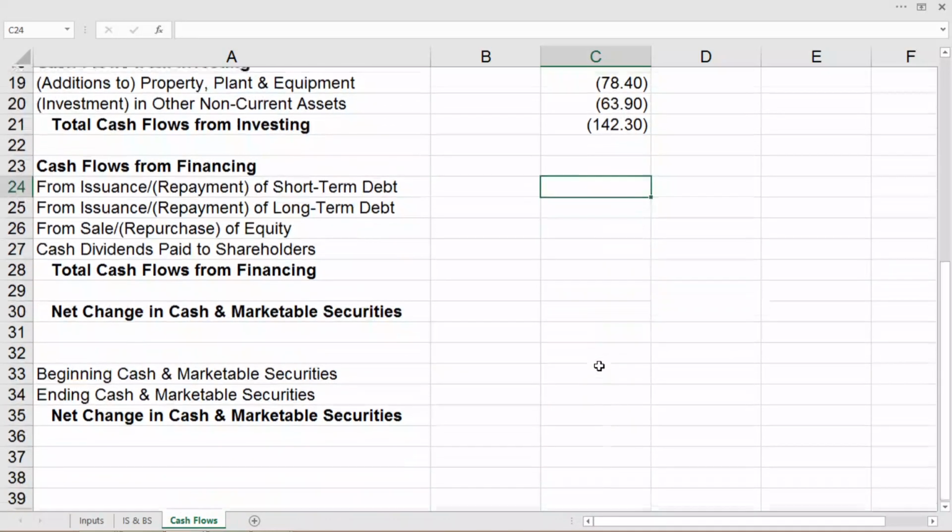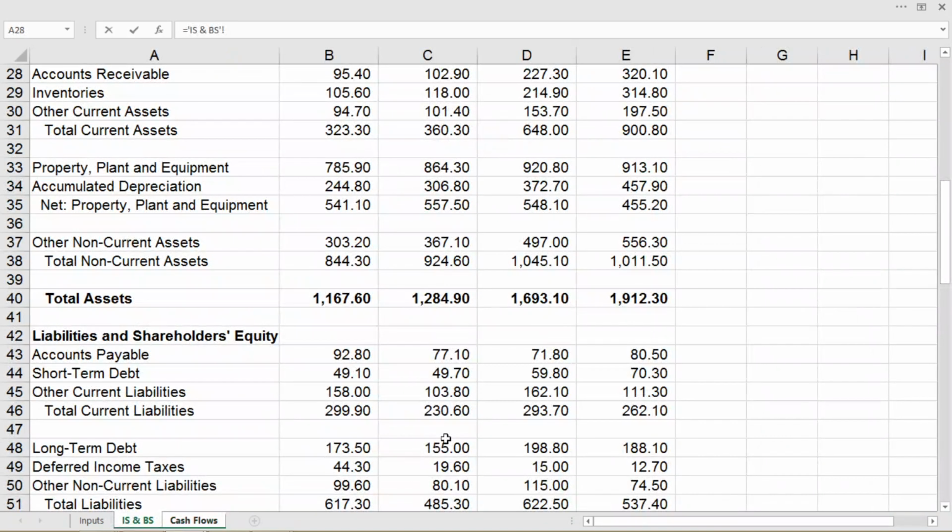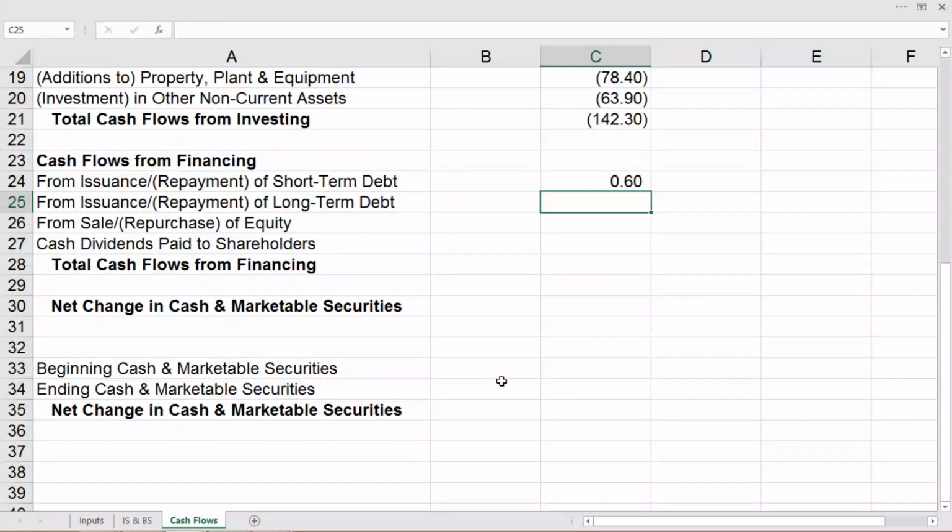Now to calculate cash flows from financing activities, first we need to calculate the issuance or repayment of short-term debt. So equal to, short-term debt is in C44. So C44 minus B44 and enter.